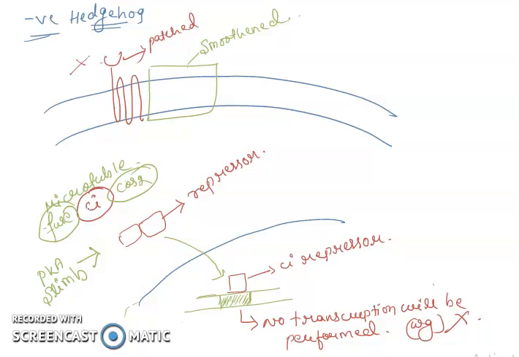This repressor of Ci will enter into the nucleus, and in the DNA region present in the nucleus, it will take the place of the activator or the transcription factor. As Ci repressor is present in the fragment of the DNA where the gene needs to be transcribed, no further transcription will take place. That is the reason Wingless protein will not form.